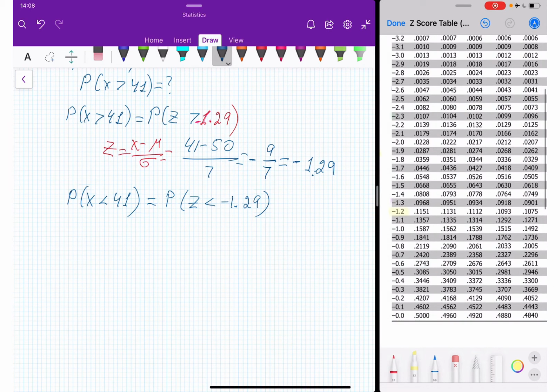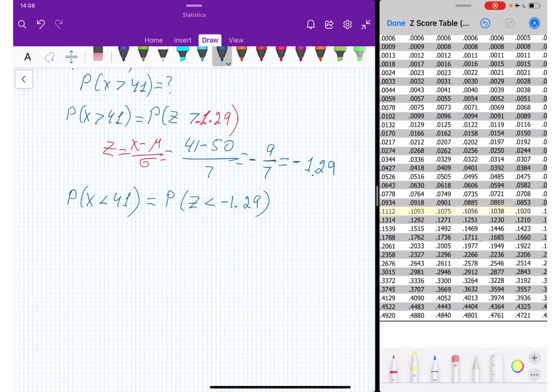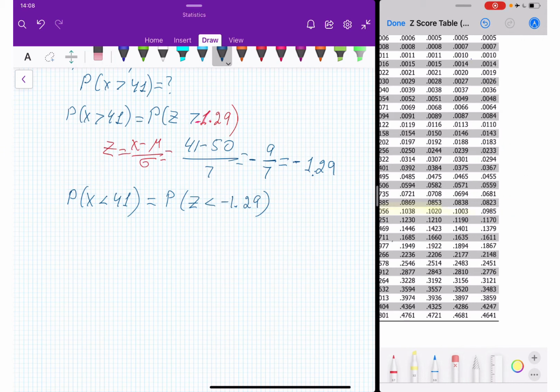Here, and from here we are going all the way to the end. 0.0985. So which means probability for x greater than 41,